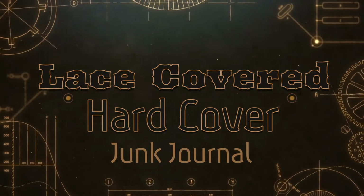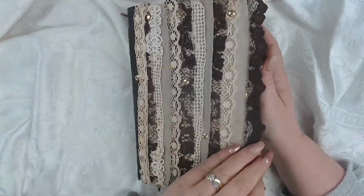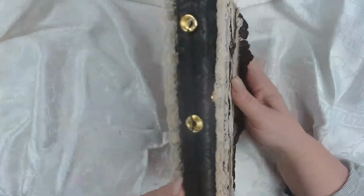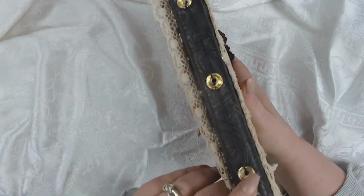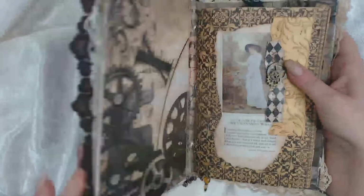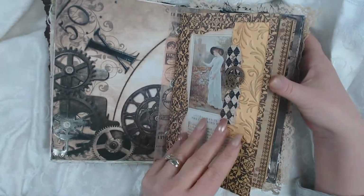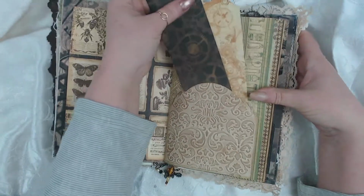Here's a preview of the lace covered one that is not completed at this point, but will be soon. But let me give you a sneak peek. Here's the spine. It has snaps for the stabilizers for the cording. There's the inside cover. So, beginning page, unfinished tags,